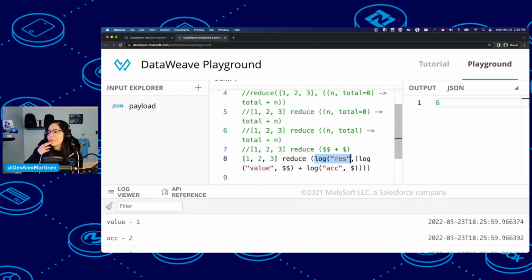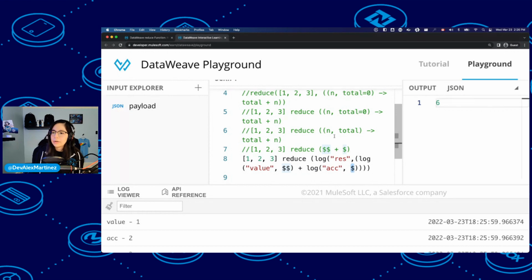This is a little bit weird to see, but we are logging the result at the end, and then we're logging each iteration the value, which is the double dollar sign, which is the n, so 1, 2, and 3. And then we're also logging the accumulator, which is the single dollar sign.